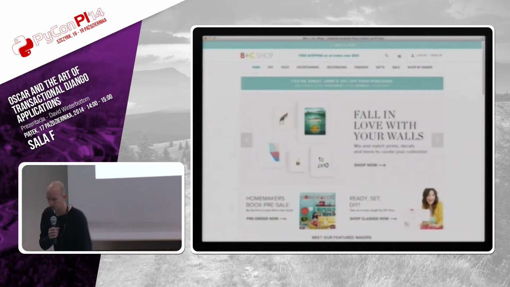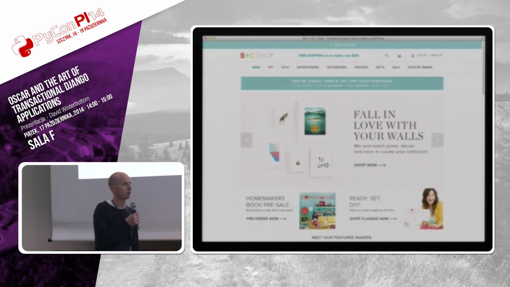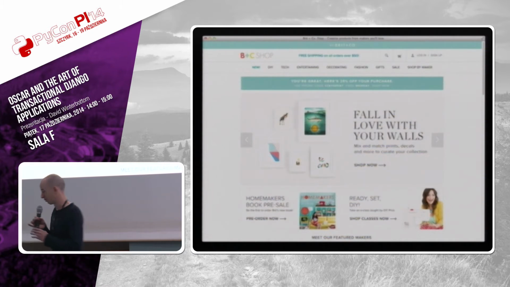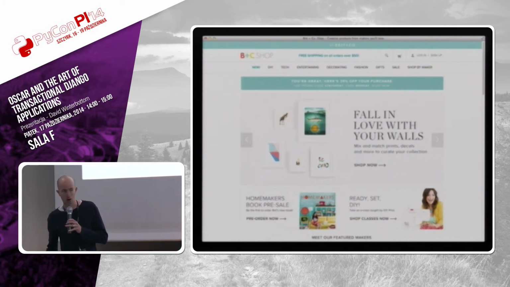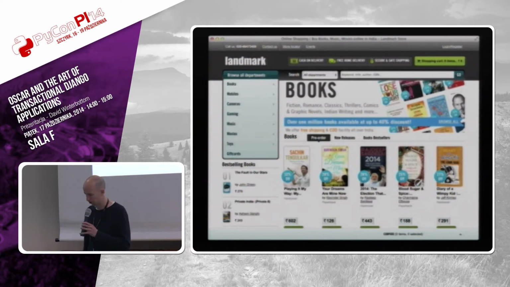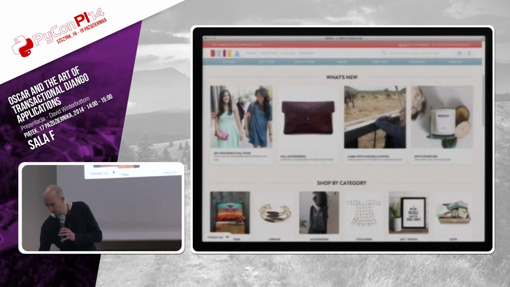Anyway, so people around the world have taken these templates and taken Oscar and built some really beautiful sites. It's really encouraging to look at the stuff that people have built with the software you've written. Some of these are written by us at Tangent, but a lot of the really nice ones are written elsewhere. So here's just a few examples, a couple of screenshots. Landmark was a big one that we did in the very early days of Oscar. That has 20 or 30 million products. So it's a bit ugly, but it's got some interesting functionality. And these are some other ones.